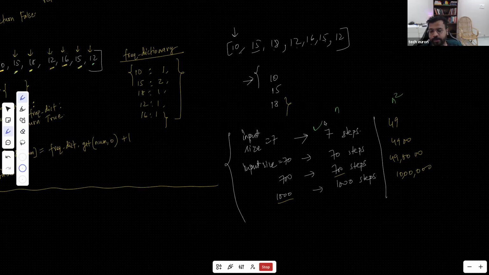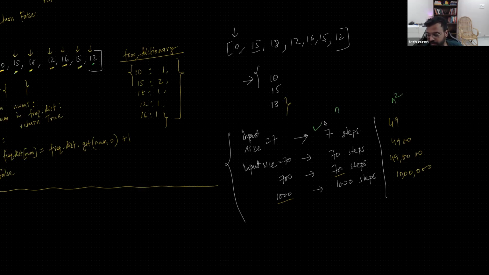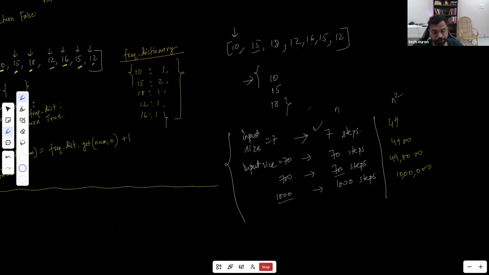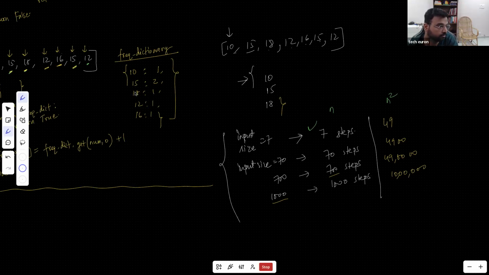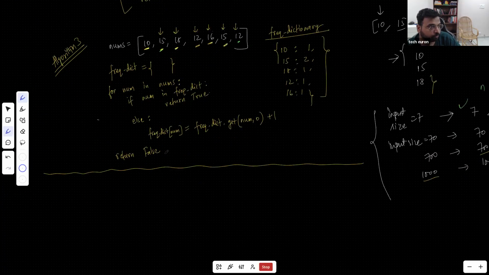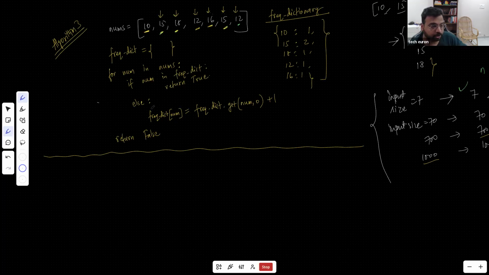So did you understand how we estimate the efficiency of an algorithm? But if I tell you one more thing, in the second solution, if we talk about space, did we take some extra space here? We took extra space also, right? Because we have to create a dictionary. So we also have time complexity and we also have space complexity.